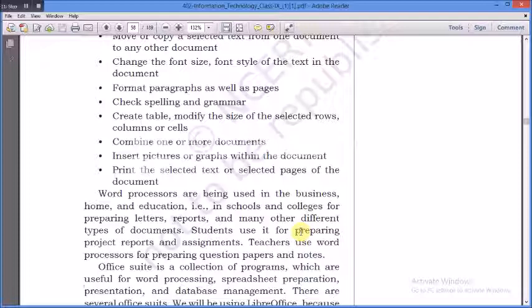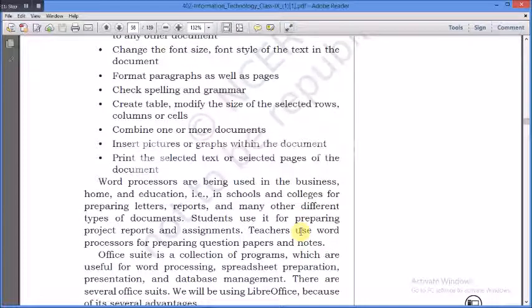I think you may not have used it for project reports and assignments, but you must have used it for creating the cover page of your projects and assignments. Teachers use word processing for preparing question papers and notes. Yes, teachers use this software.